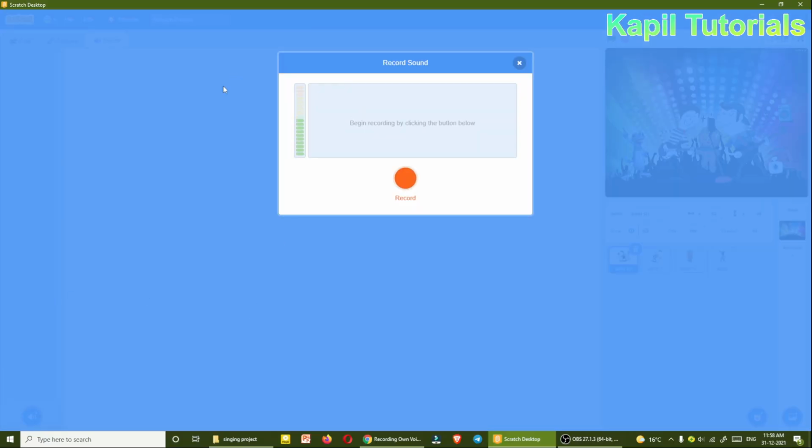You will find this kind of menu will come in front, this dialog box you could say, and your earphone should be with you. If you are using mobile, then also you could use your earphone, and then you have to simply click on record. Means whatever you say after clicking on the record option, it will be recorded. Suppose I'll sing a song here, as I was singing earlier. Let's click on record.